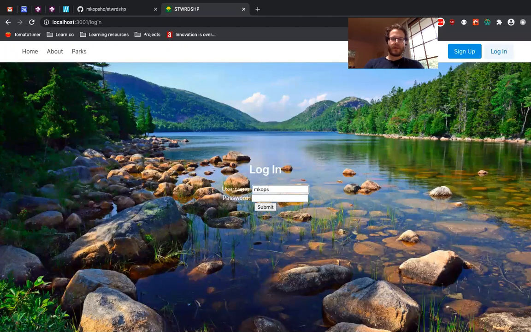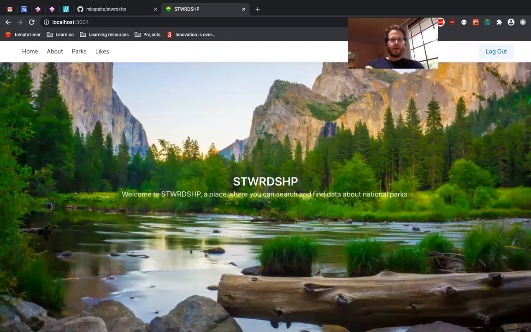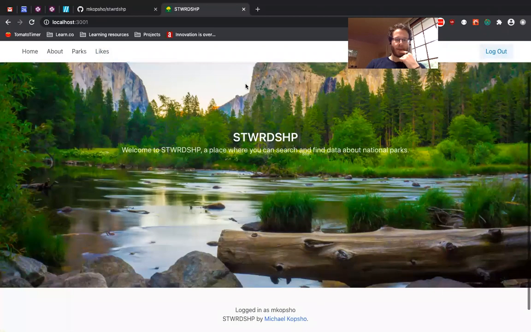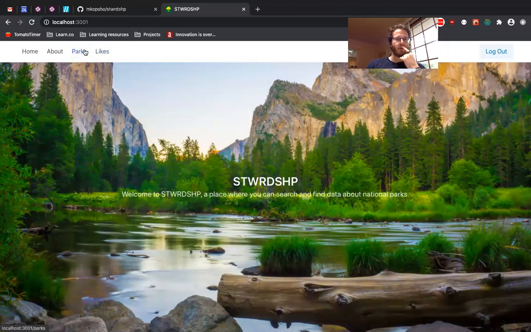And I already have a user here. It's just my user that I use for all the things. So now I'm in, and as you saw, the nav bar re-rendered itself, and because we're passing down props to this component, saying that a user's logged in, we're given this likes option here, and then our two buttons that were sign up and log in are converted now to log out. We could see down here we're logged in as mcopshow. So if we go back to parks,